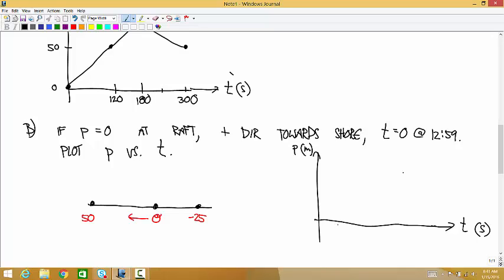So there's 60 seconds, and the key labels for position are going to be, whoops, that should have been 50. 50, and then negative 25. And I'll just mark 2 minutes, 3, 4, 5, 6. Okay. So the swimmer starts at 50 at 60 seconds,